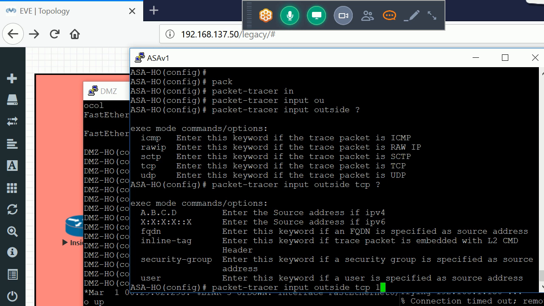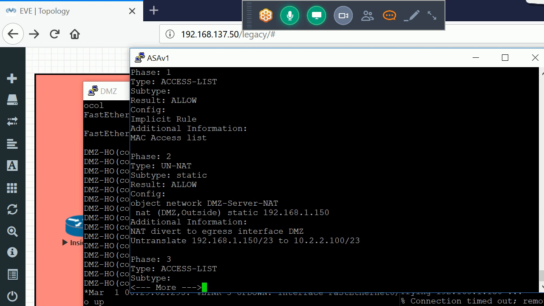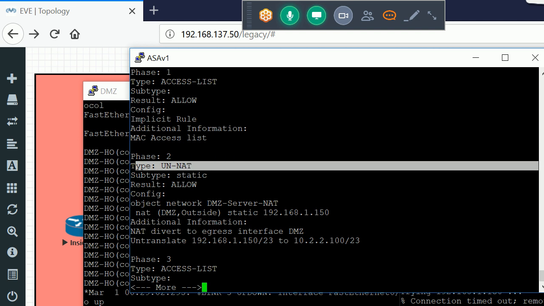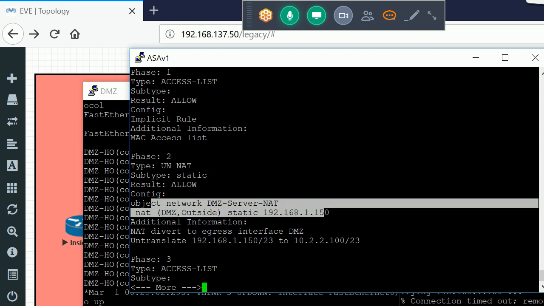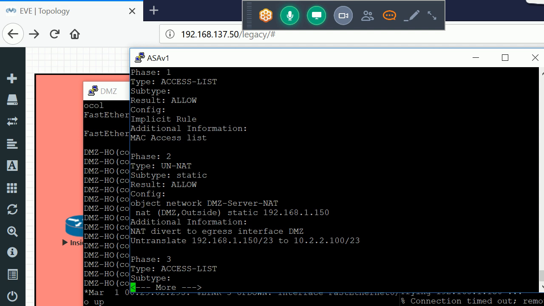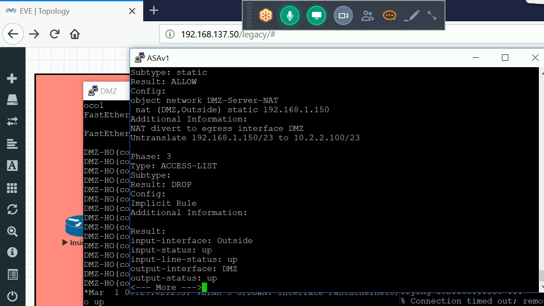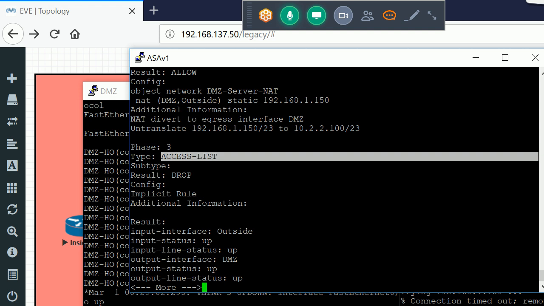Let me give the source address 192.168.4.100, port number 1234, and the destination is 192.168.1.150 on port 23, type telnet. The access list is denying.